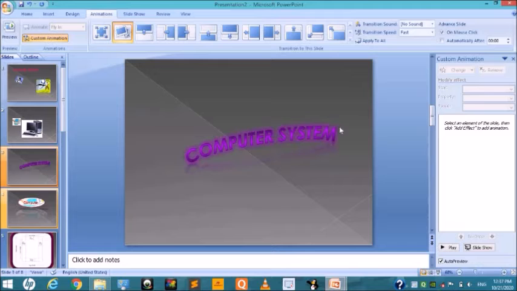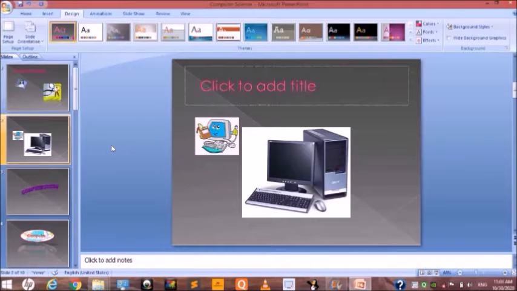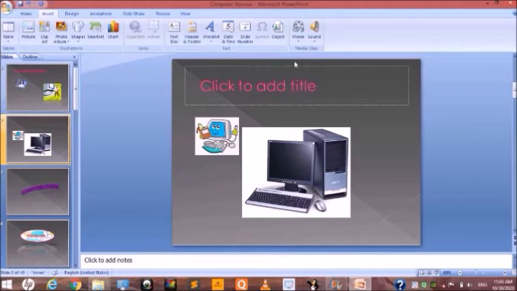Okay, next is modifying the slide transition. So look here, this is the transition speed. If you want to give a transition speed in the form of slow, medium and fast, you have to choose as you need. So I choose medium. And in modifying the slide transition, we can also modify most of the things.